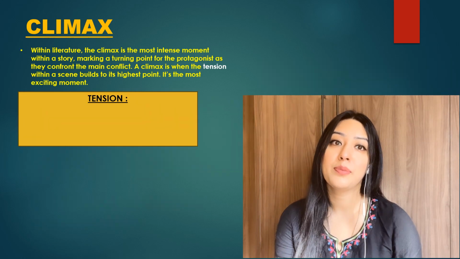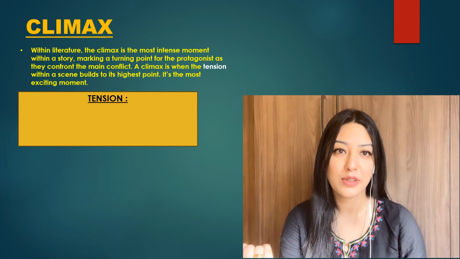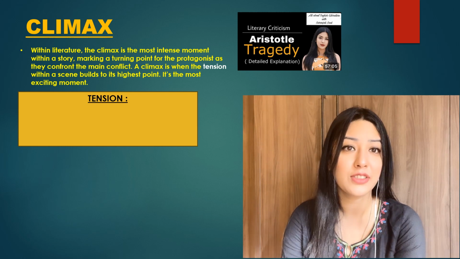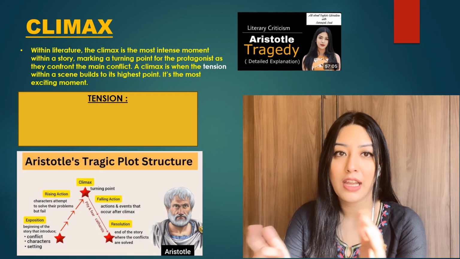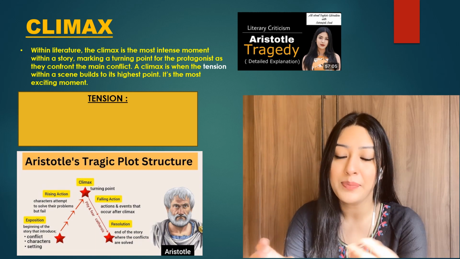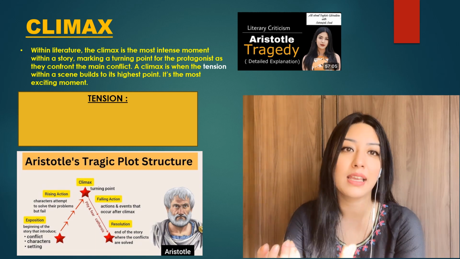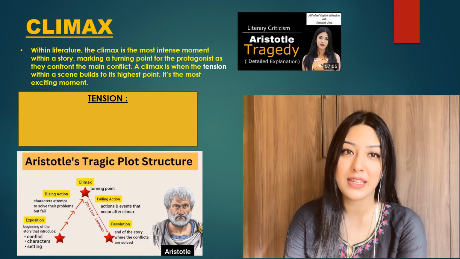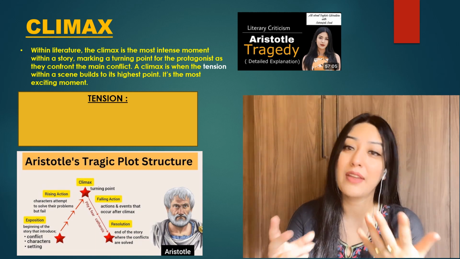So first of all, we're going to talk about the concept of climax, and I've already done this in heavy detail in my Aristotle video. If you've watched the video on tragedy that I did with regards to Aristotle, then this should be really crystal clear for you. We've done tragedy in detail, right? The entire pyramid structure, rising action, climax, falling action, catharsis, everything we have done in that video in detail. And I've also taken actual quotes from the text itself and explained everything in crisp detail in the other video. So if you've watched that video, then this should be really clear and easy for you to understand. And if you haven't watched the video, make sure you do so, then everything else will be easier for you to understand.